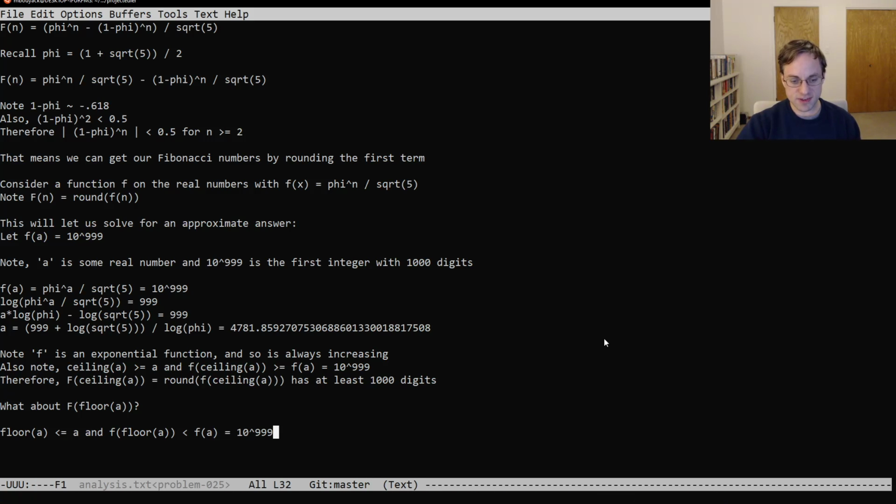So it may seem that f of floor of A can't have 1,000 digits, except it might round up. And so this means capital F of floor of A can only have 1,000 digits if